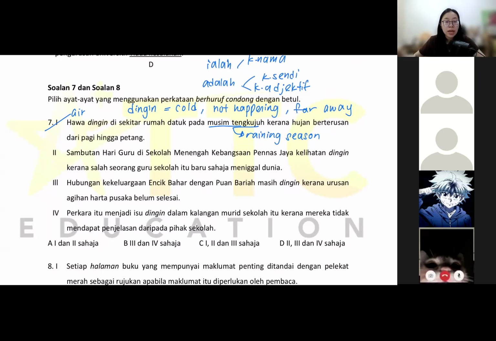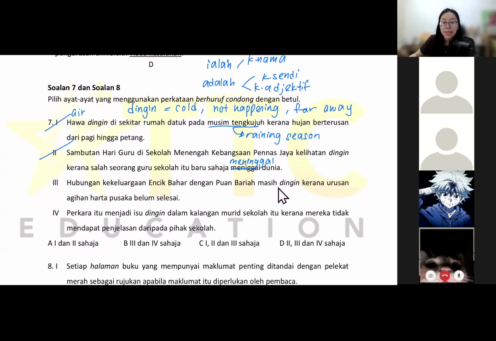Number 2, sambutan Hari Guru di sekolah menengah kebangsaan Pernas Jaya kelihatan dingin. It's like not happening. Kerana salah seorang of the teachers baru sahaja meninggal dunia, which is passed away. Is this correct or wrong? Correct, yes, correct. Okay, number 3, hubungan kekeluargaan, which is the relationship between the families of Encik Bahar dan Puan